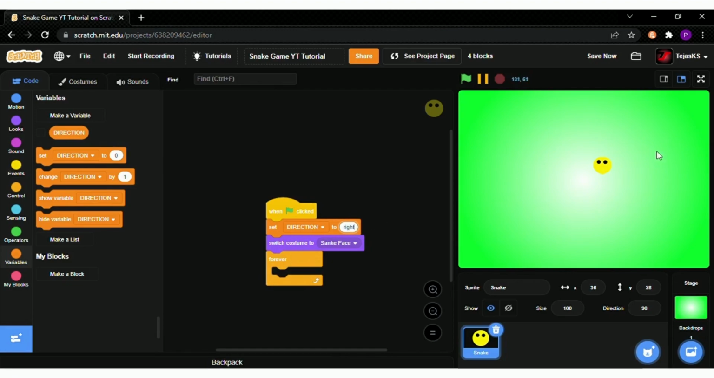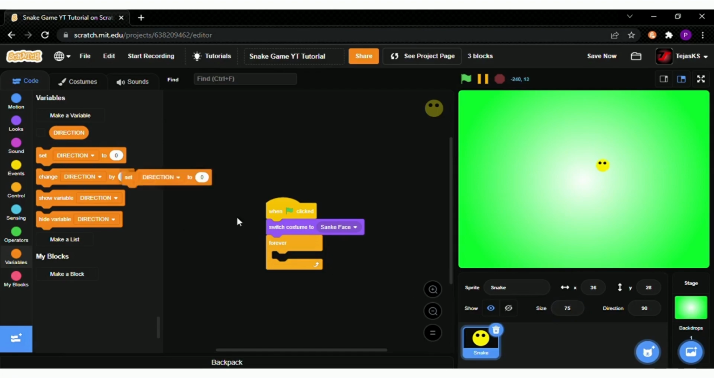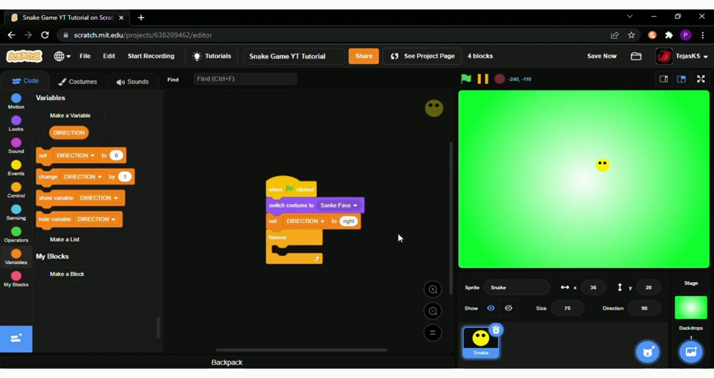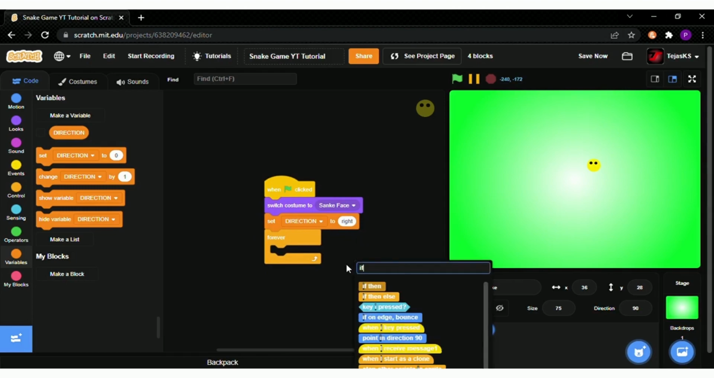So it will be facing in the right direction at that time, and we can decrease the size of our snake also, it's too big. Let's keep it at 75. Yes. Firstly, we will set the direction to right and then after that in the forever loop put if